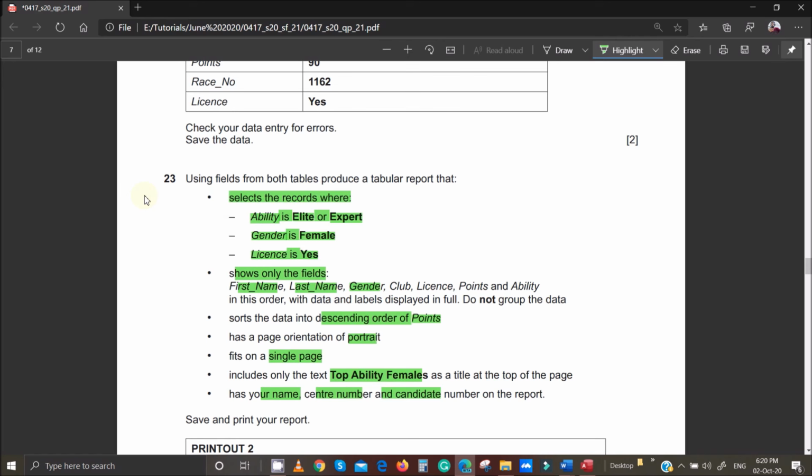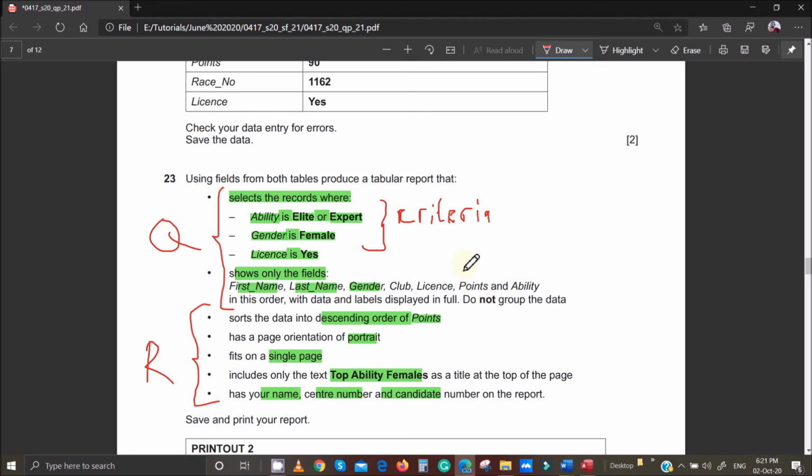So we'll divide this into two. This top part, first of all, is the query. I'll just put a Q there so that you know this is the query. And this last part has to do with the report. How do you know which part is the query and which part is the report? First of all, for the query, you will need a criteria. So anything that has to do with the criteria goes in the query,